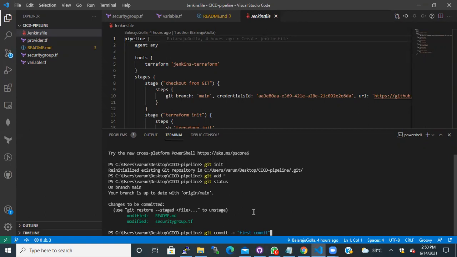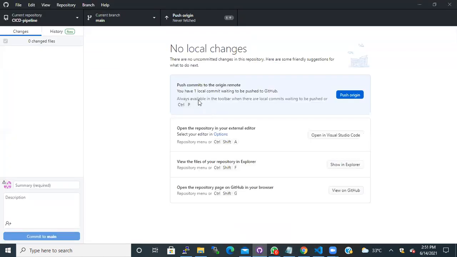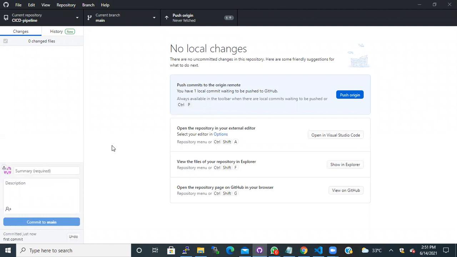I'm typing git commit -m, and I'm typing a comment like 'my first commit'. Since you have changed two files, you can also write what you have changed in the comment. As soon as I commit, you will see the change here. You don't have any files here.